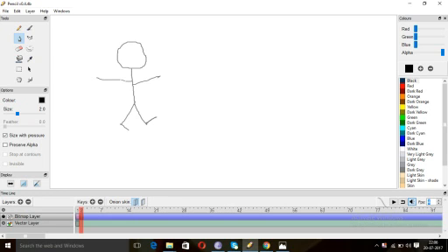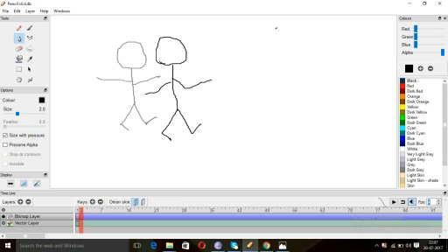Let's give it a try. As you can see, I may not have perfect judgment on how to do it, but you can give it a good try. So let's click on that button, and after clicking on the button you can see that it goes to the second frame. You make it a second frame, and now you redraw it. That will come next, what you want to do.